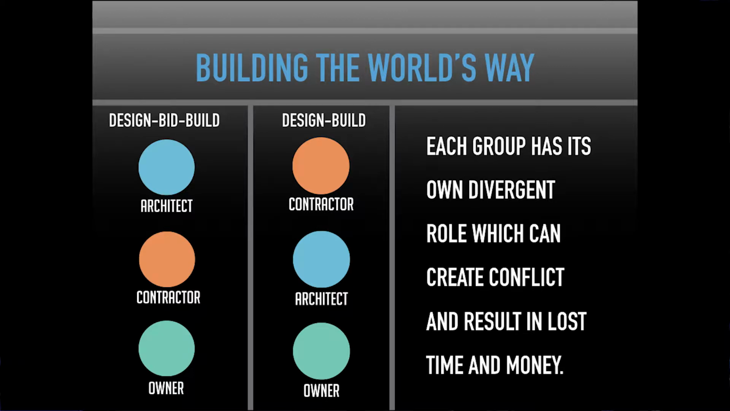The slide describes the two predominant forms of getting buildings built in America today: design, bid, build, and design, build. Design, bid, build: you hire an architect, you interview a bunch of architects, or you've got somebody in mind, they